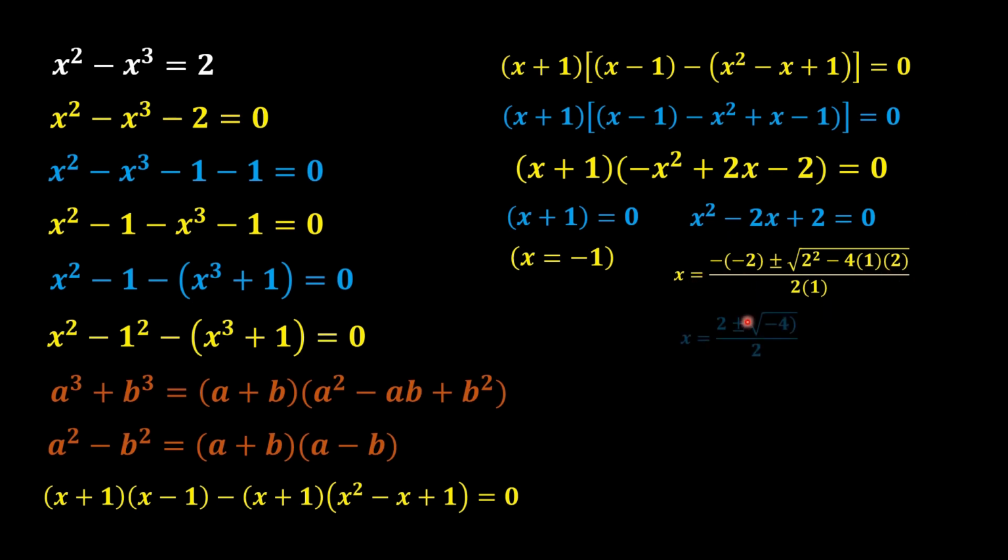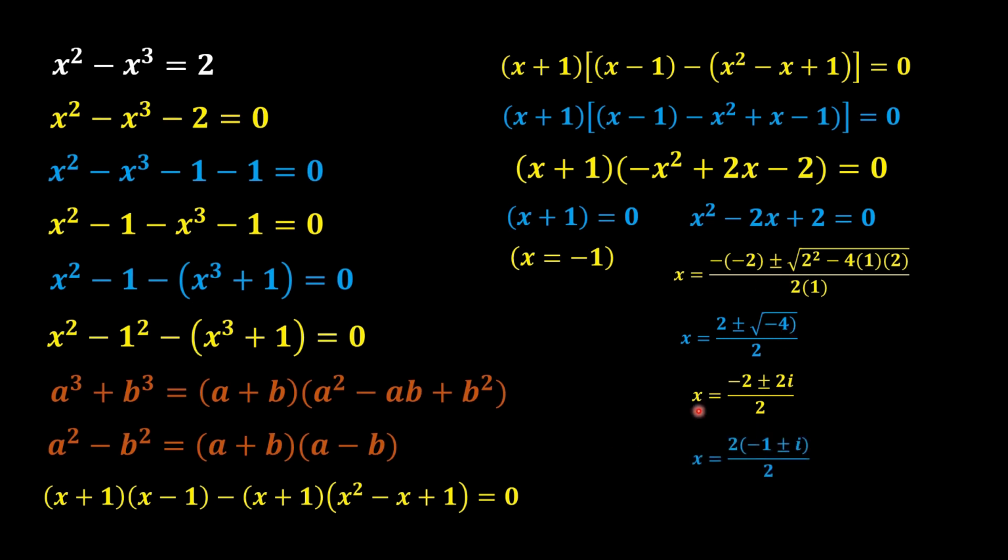Now we should sum up these values as minus minus is equal to plus 2, plus minus will be the same. 2 2s are 4 and 4 1s... 4 2s are 8, and 4 minus 8 will be equal to minus 4, and 2 1s are 2. Now in the next step we should open this value as 2 iota, because iota square is minus 1, and when we take that out of the root then this whole value will be equal to 2 iota over 2.